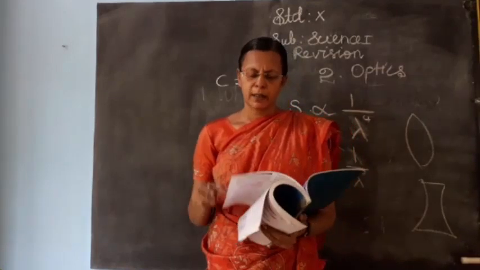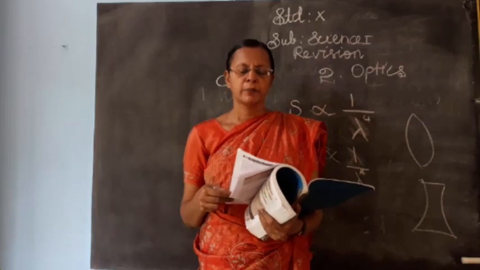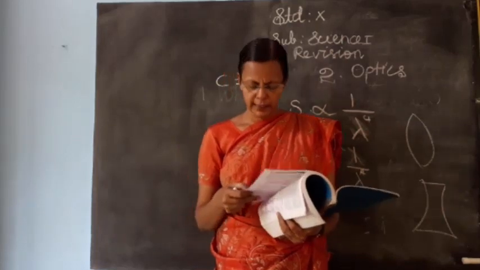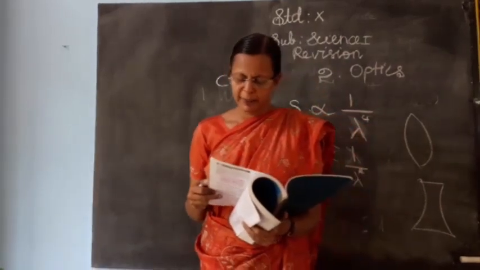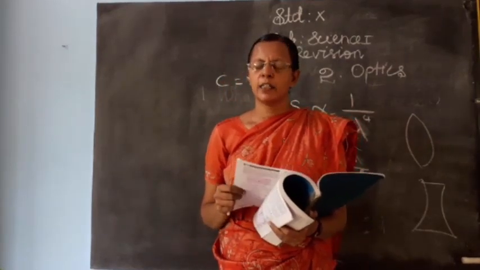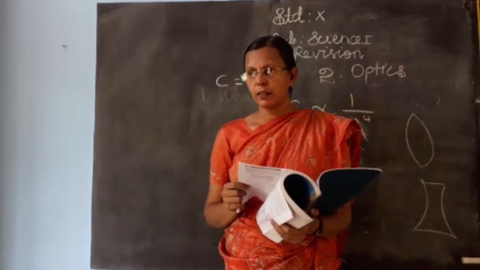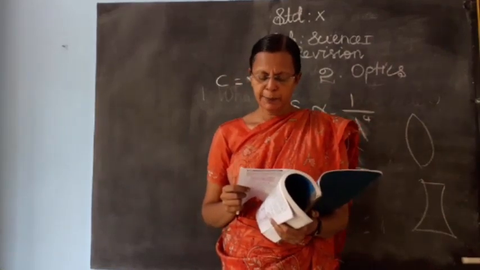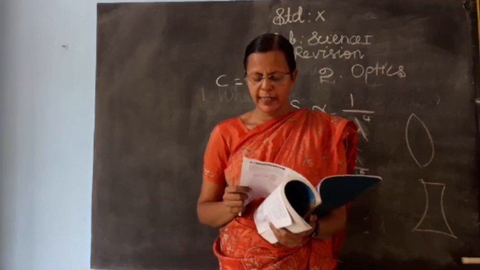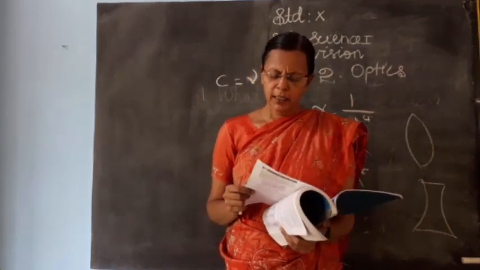Okay, some other points are there below that; you have to read those well. Then in the next column you see what a spectrum is: the band of colors we get during dispersion of light is called the spectrum. The spectrum consists of 7 colors which are violet, indigo, blue, green, yellow, orange and red.